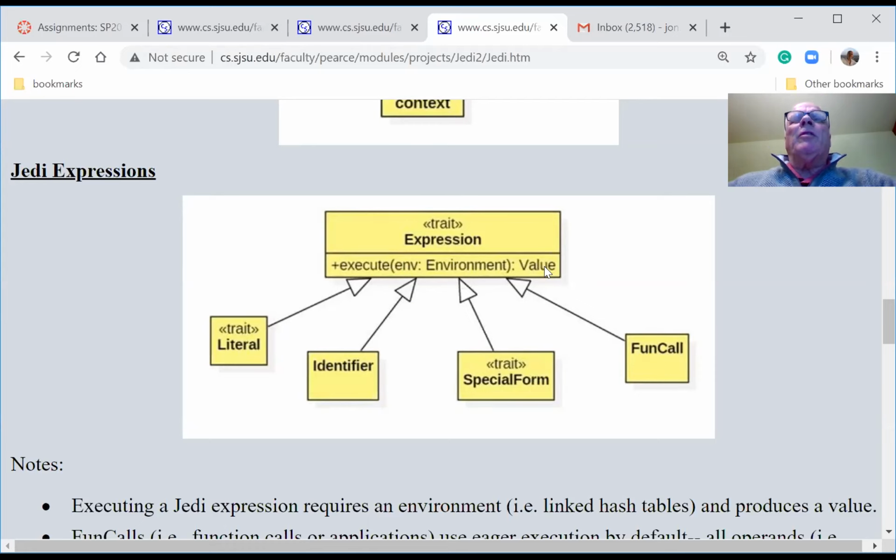We've seen baby versions of this before. And then here we have literal is a trait, identifier. Identifier is going to be like a name. So identifier is a fancy word for name. So this is going to be X, Y, Z, something like that, or pi. Fun call would be something like that square function or the area function that we just saw, or when I called square of 10. And then literal will be things like numbers and strings and Booleans and so forth.